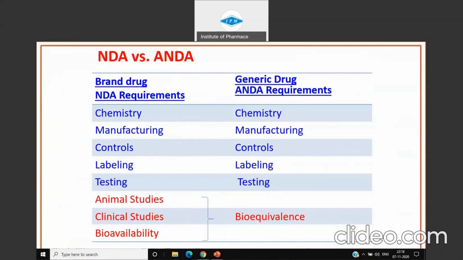Now, one important aspect here is the labeling of the generic also. The generic applicant, that is the ANDA applicant, need not develop it. It has to be an exact copy of the innovator